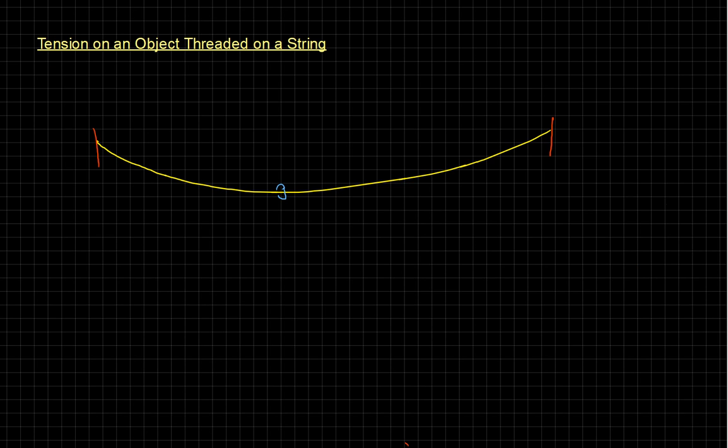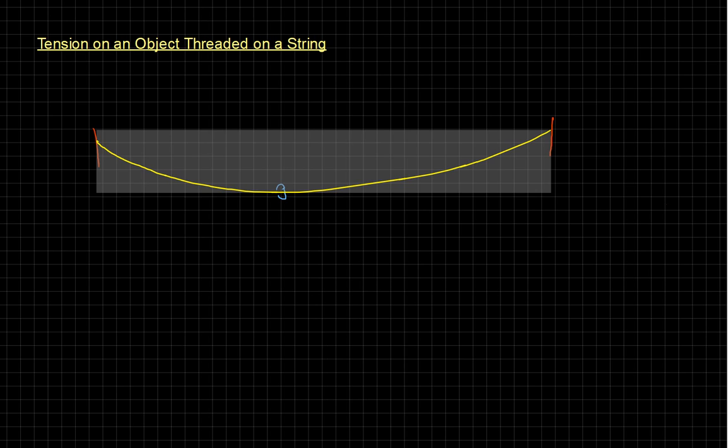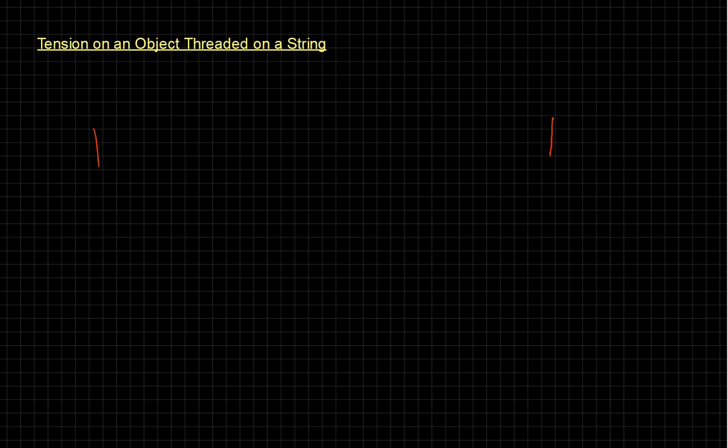So that means the string, if you imagine this ring here, it's not really floating in air, is it? Let me draw a more accurate picture, because really you're not going to have the string being curved like that. In the real world, you'll end up with the string being a bit more like this, with straight components, and the ring is then going to just be dangling off the end of it,